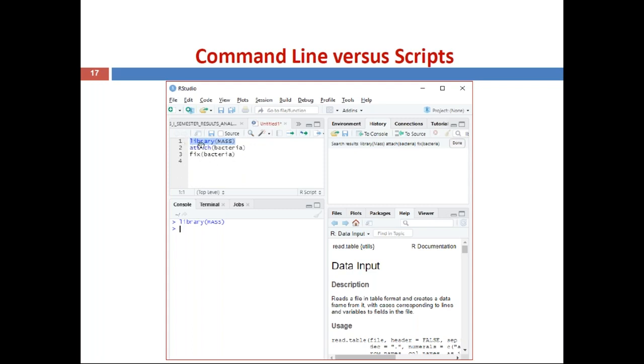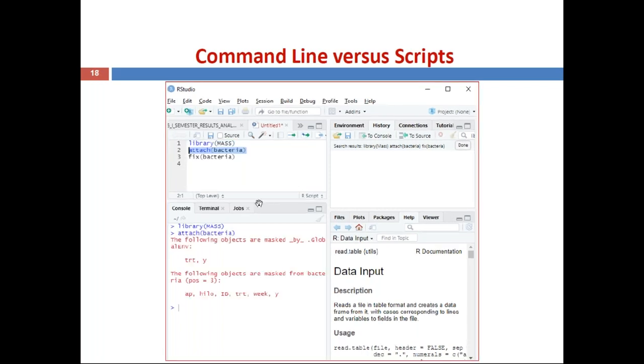Then you can select which one you want to run. So highlight it. Then there is this arrow option, run. Directly click on this button or press Control plus Enter. Then automatically the execution will be done. Then here, see library of MASS. Here our cursor is showing again, which means the library MASS is successfully loaded.